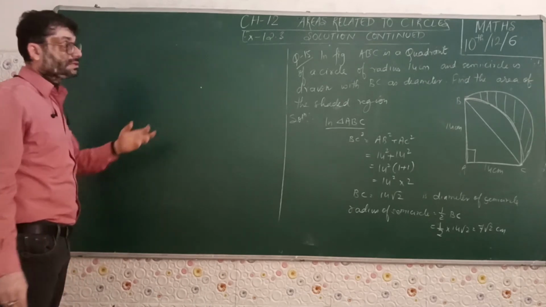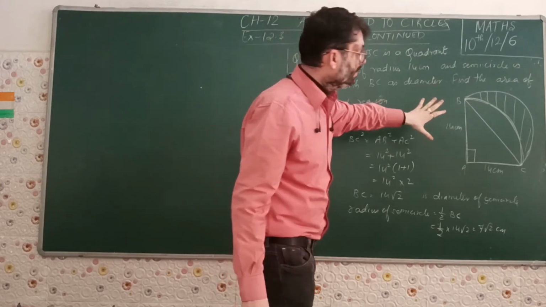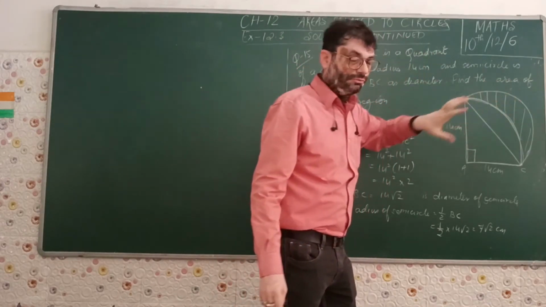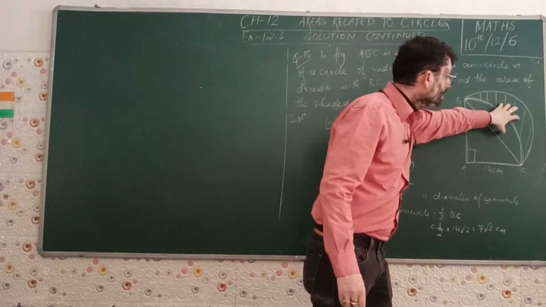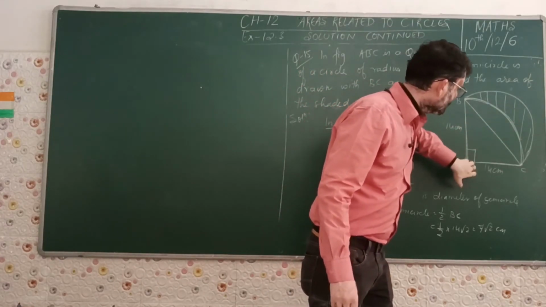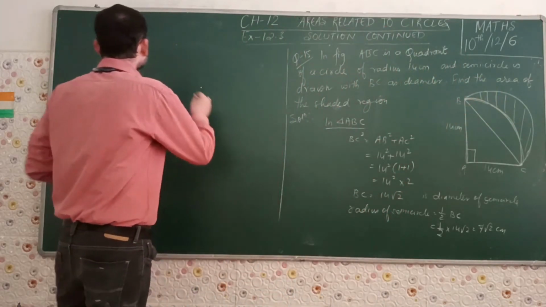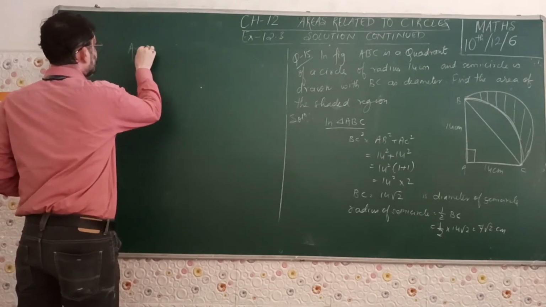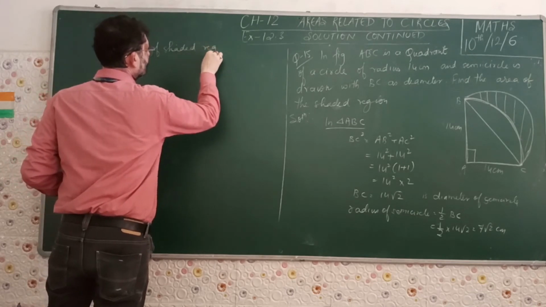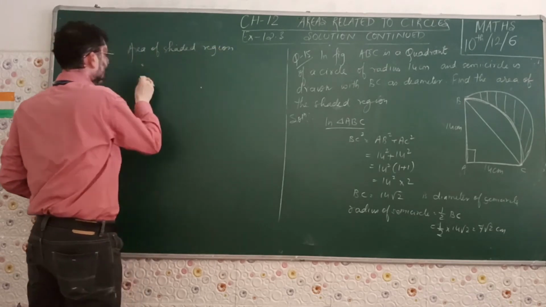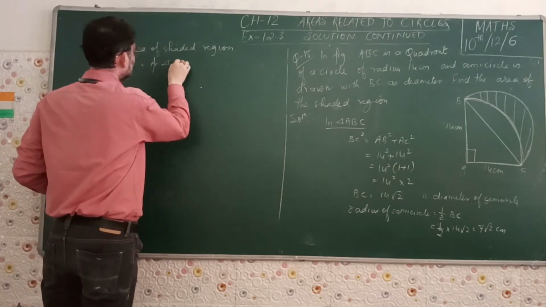As we discussed while we were starting, we need to find the total area of the figure and then subtract the sector from it. In order to find the total area of the figure, we have to add the area of the triangle plus the area of the semicircle. And by subtracting the area of the quadrant, we get the area of the shaded region. So, the area of the shaded region is given by the area of triangle ABC